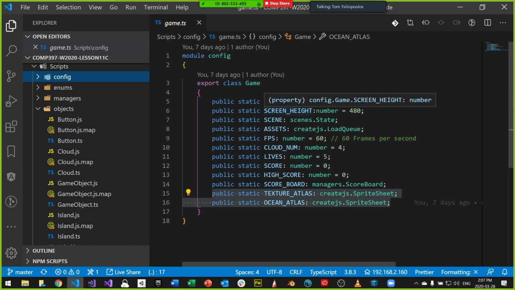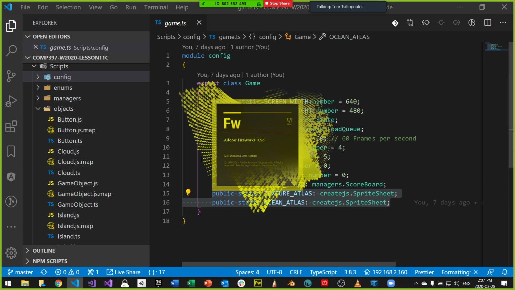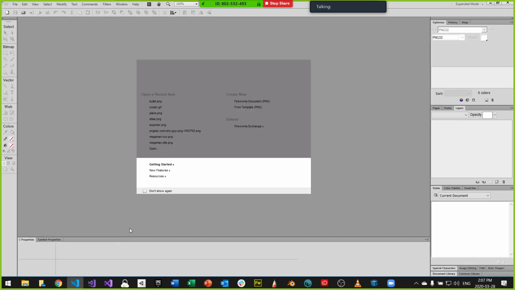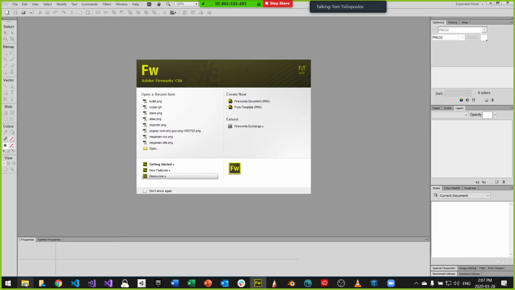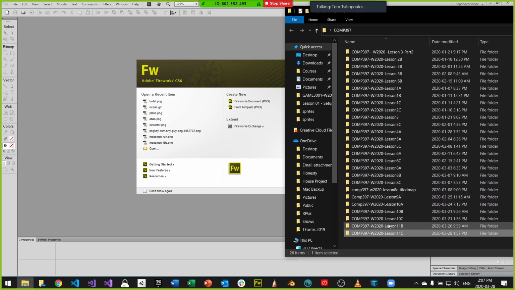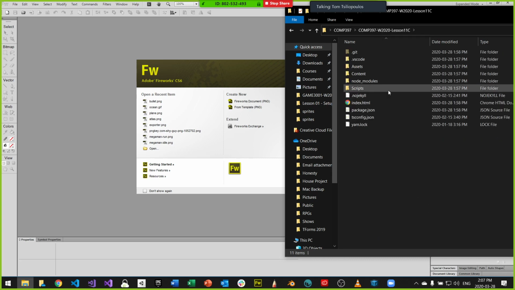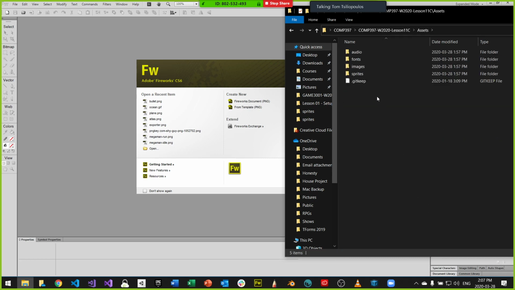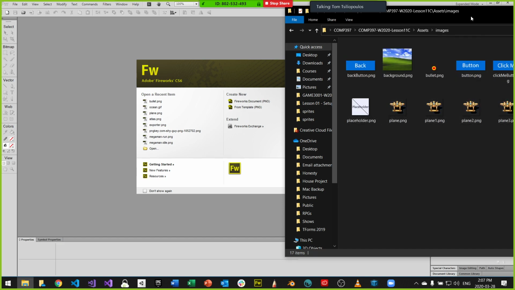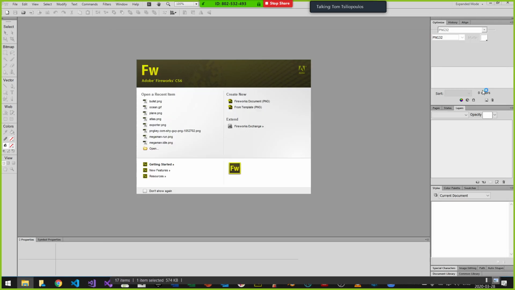So this week what we want to do is build a bullet. And in order for us to do that, let's do a little bit of investigation about how the bullet's going to work. So I'm just going to bring up my trusty Fireworks. Again, you can use any manipulation program you want. I'm going to go into our project and go into assets, then into images for now, and pull up the ocean image just to give you some realistic view of what it looks like.